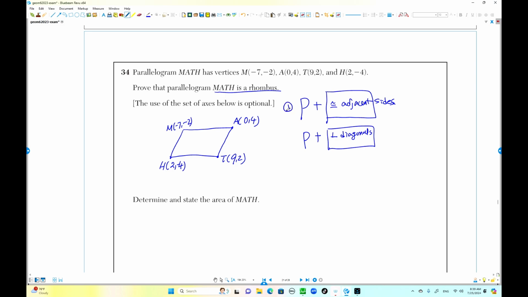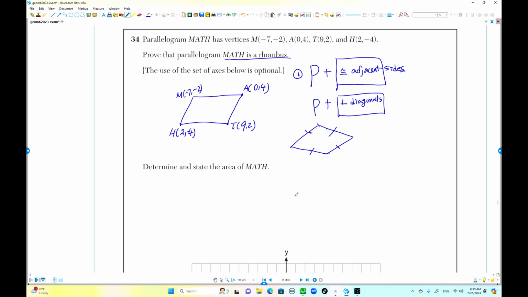I'm going to go this way: adjacent sides congruent. Because what? A rhombus has all congruent sides. This is a parallelogram, so with one pair of congruent adjacent sides, it's a rhombus. So now let's find